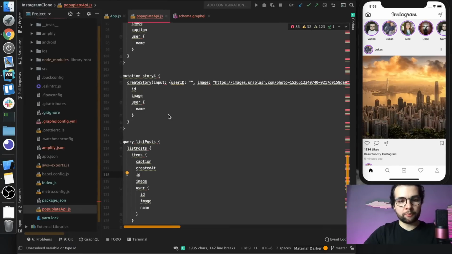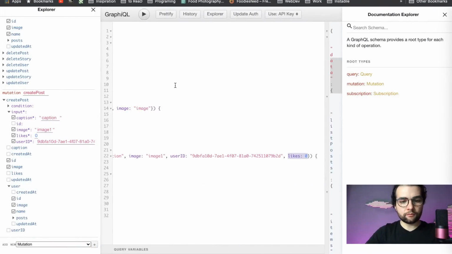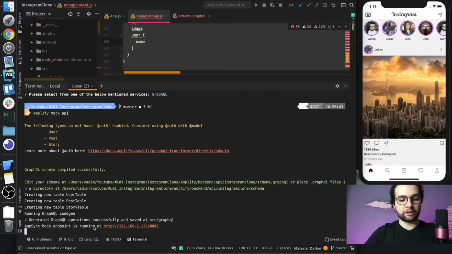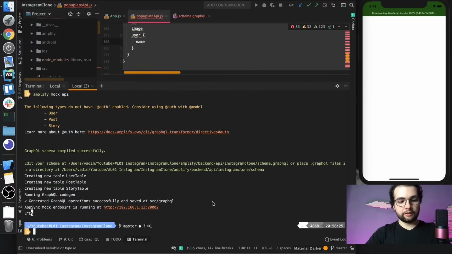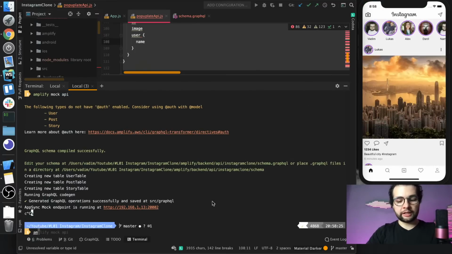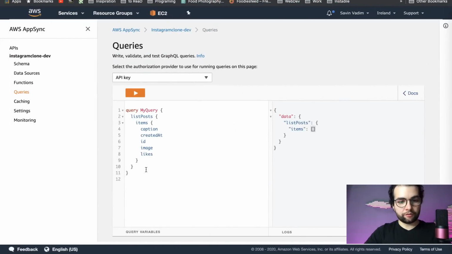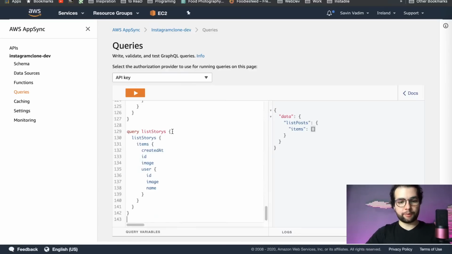So we will copy them from the file. You will find it in the GitHub repository. And we will go to AWS AppSync console. You can access it by running in the terminal, as you saw. Let's close the local one. And you can easily open the console running amplify console api, and it will open this page. So in this page, let's delete everything and let's paste our code